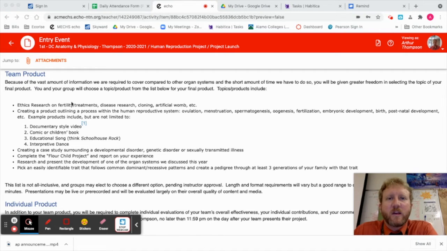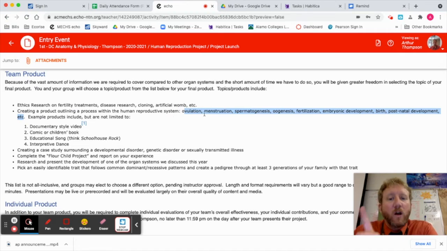So some of the options that you can do is some sort of ethics research. You can do fertility treatments, disease research, cloning, artificial wombs, in vitro fertilization, any of that other stuff. That would be probably within fertility treatments. You could create something that outlines the process of the reproductive system. I've listed most of them here that you can include.